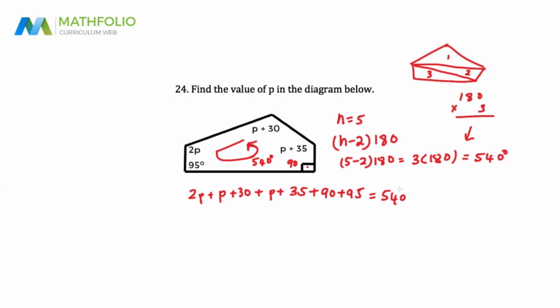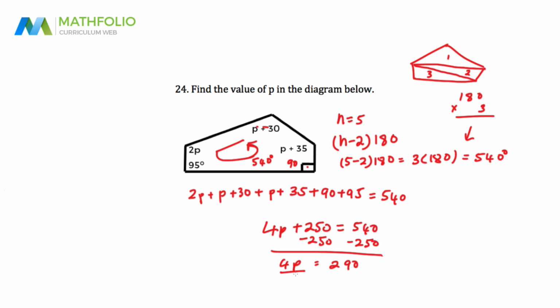Next, when we add all of these up, our equation simplifies to 4p, because you've got 2p, p and p, so that's 4p, plus 250 equals 540. So now it's a 2-step equation. Subtract the 250 and you end up with 4p equals 290. Divide by that coefficient 4 to get p on its own, and you end up with p equals 72.5